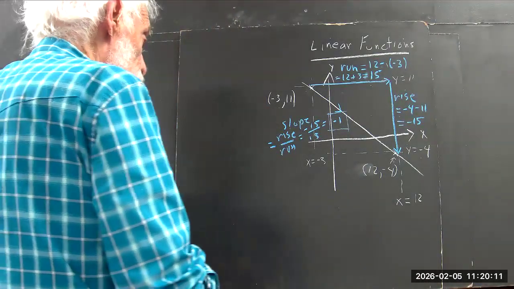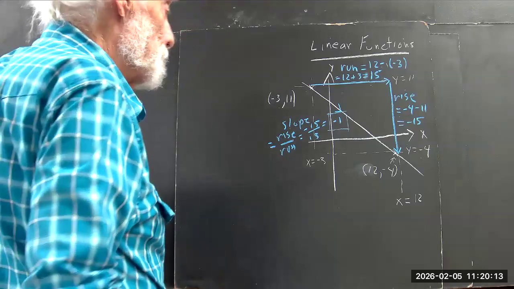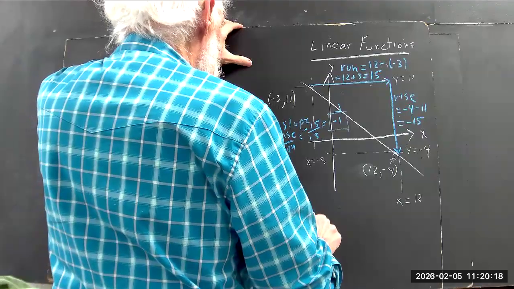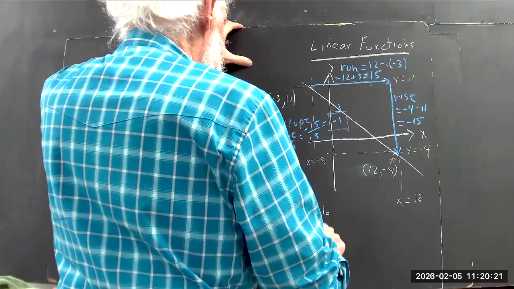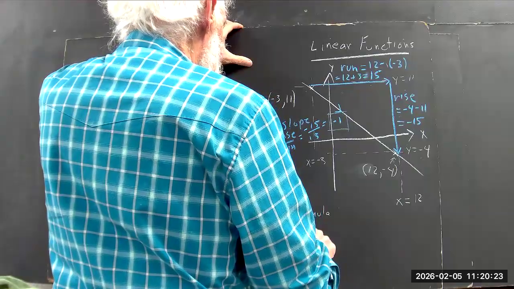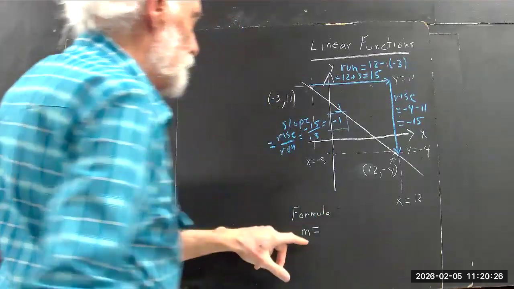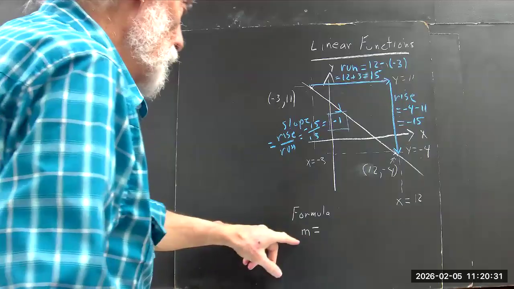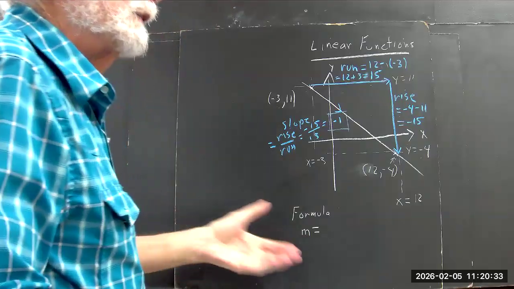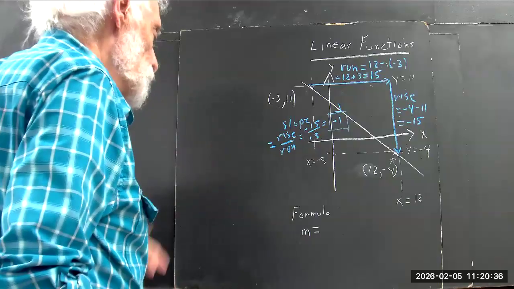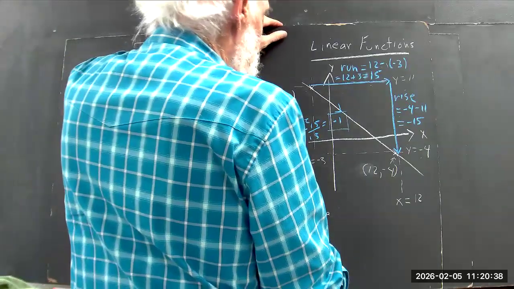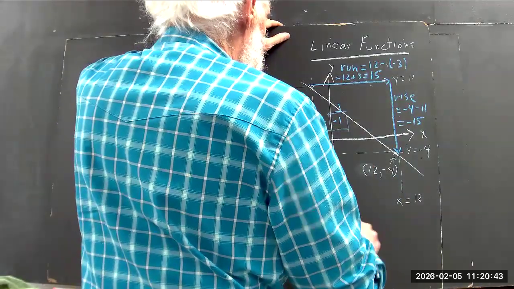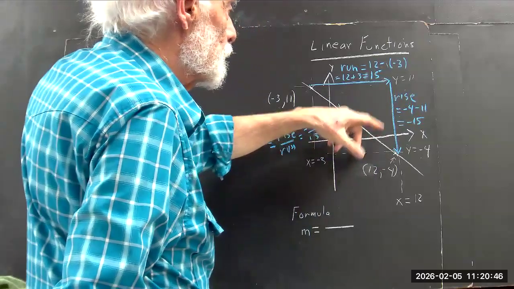Now, the text gives you a formula. And the formula, M is the letter most often used for slope by almost all authors. M is the slope. And in some cases, it could be A, and we'll see that in a minute. The slope is M, and that's rise divided by run. How do we get the rise? Well,